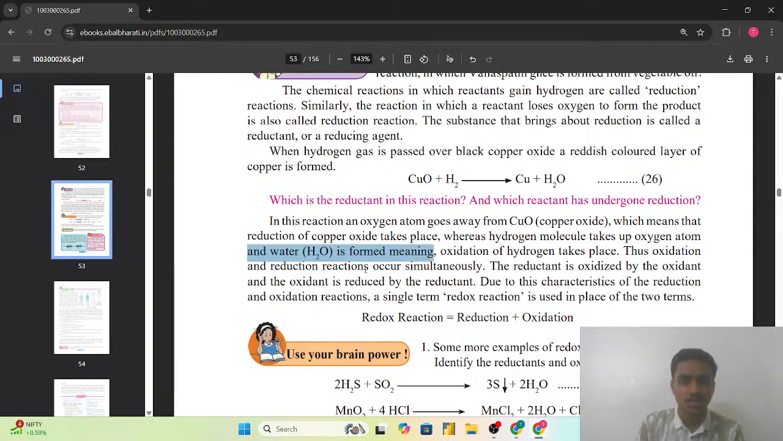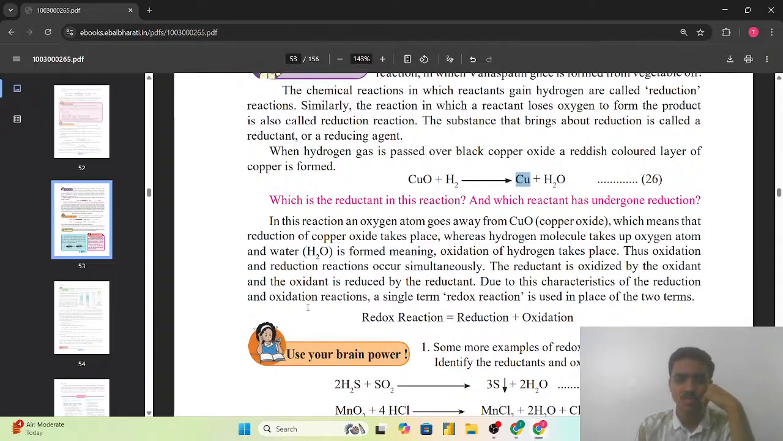Thus oxidation and reduction reactions occur simultaneously. मतलब यहाँ पर ऑक्सीडेशन भी हो रही है, as copper is losing the oxygen, hydrogen is taking the oxygen forming the water, हाइड्रोजन टेकिंग और कॉपर लूजिंग ऑक्सीजन, कॉपर इज फॉर्म। सो यहाँ पर ऑक्सीडेशन और रिडक्शन दोनों दिखाई दे रहे हैं।